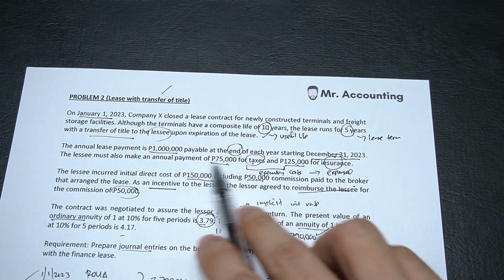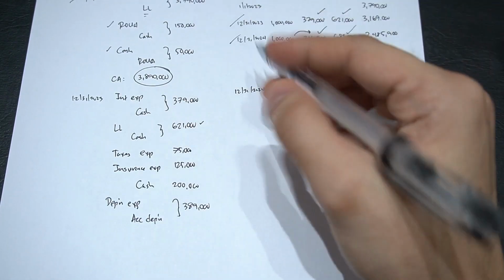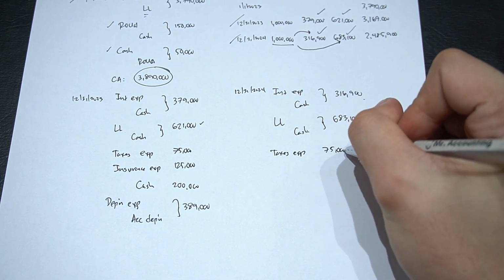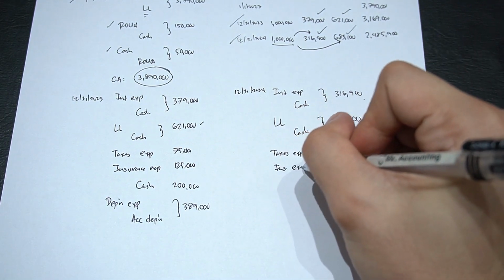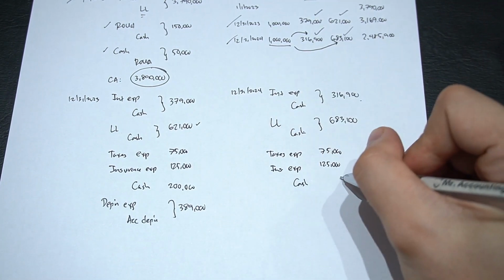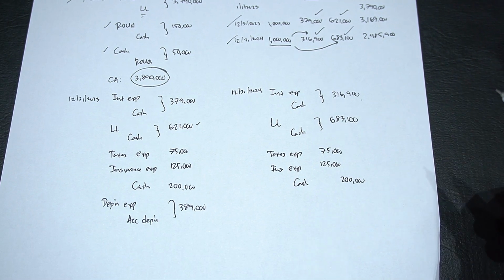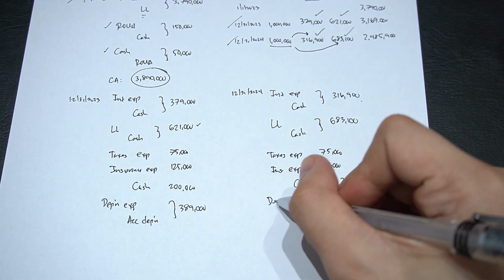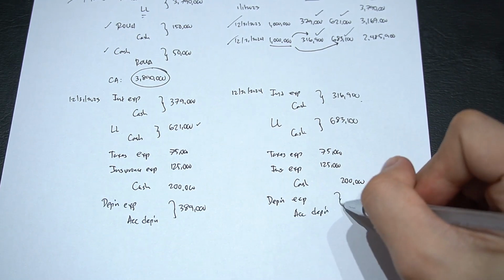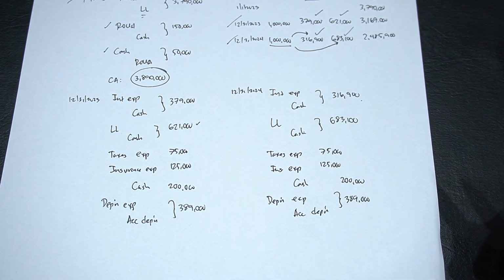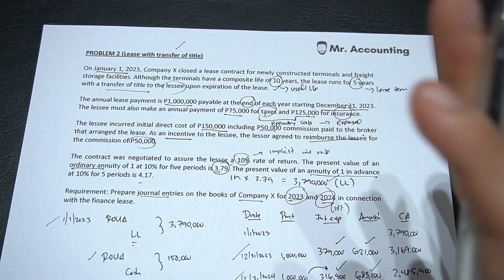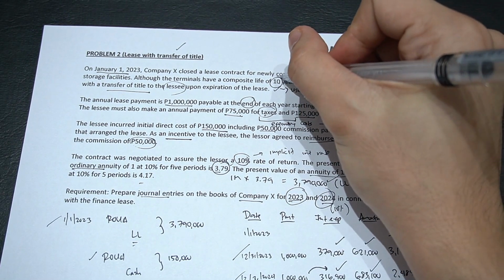Take note every year yung taxes and insurance na yan. So we debit taxes expense, okay, 75,000. Debit insurance expense, 125,000. And credit cash, 200,000. Alright? Don't forget your depreciation. Debit depreciation expense. Credit accumulated depreciation, 389,000. Okay? So basically, for problem number 2, we learned na kapag may transfer of title, we use 10 years